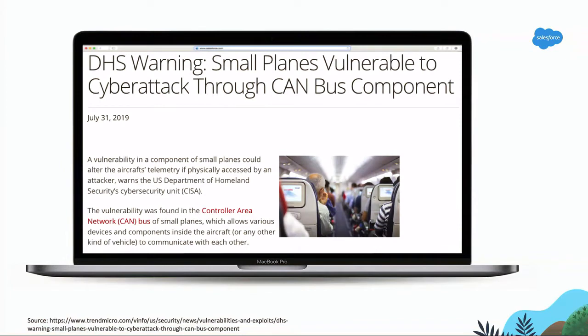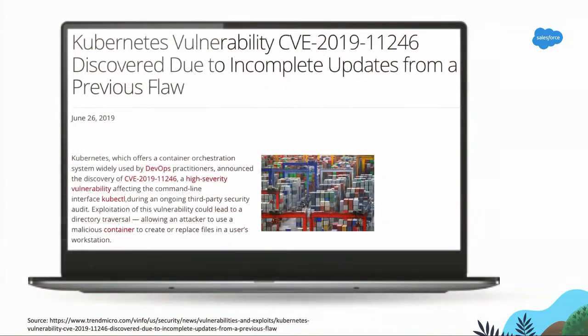One of the things for security experts: is there anyone who works as a security person every day? God bless you. I wake up and think, am I in the news every day? This is my laptop. I'm like, oh great, I don't make airplanes. This is wonderful, I'm only on Salesforce. Then I think, okay, we don't use Kubernetes, that's great, I'm not susceptible to this. But some of this is really fear-based. In our industry, there's a huge level of just trying to scare us into doing something.